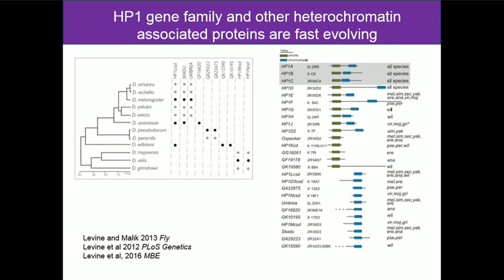And so focusing first on HP1, heterochromatin protein 1, and looking at polymorphism within species and divergence across different species, what Malik and colleagues observed was that, in fact, all these proteins are very fast evolving. They have excess non-synonymous to synonymous substitution, and they're showing all the signatures of positive selection, like they're being driven along by some kind of chase-away process. Now, to this day, we still don't know exactly how that works.